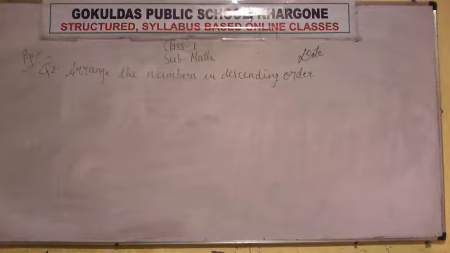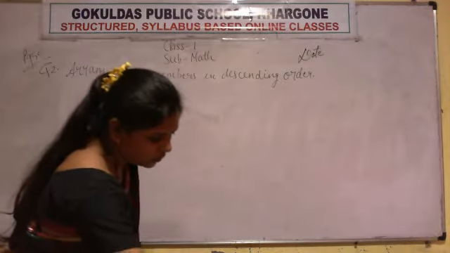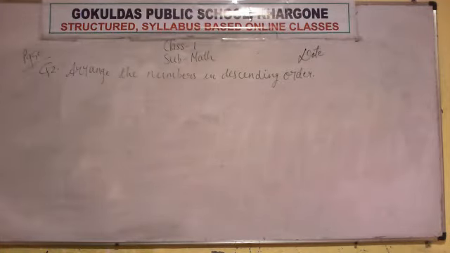The question is arrange the numbers in descending order, and the questions that we are doing just now are given on page number 50. Okay, in the book the numbers are written inside the bus. We are not drawing the bus, that is not a bus, that is a van. So we are not drawing the van in our notebook. We will write simple numbers in a block. So first of all you write the question, arrange the numbers in descending order.